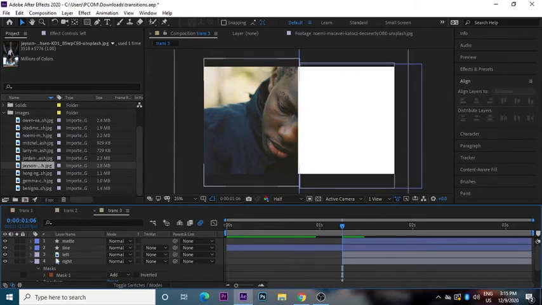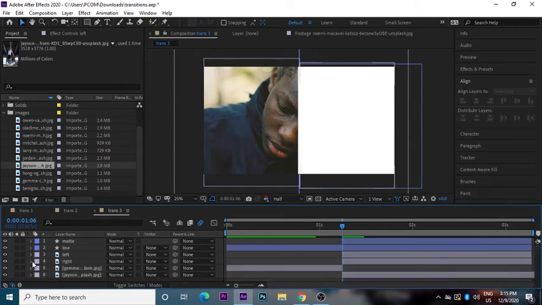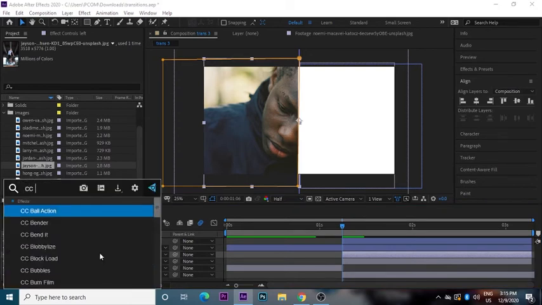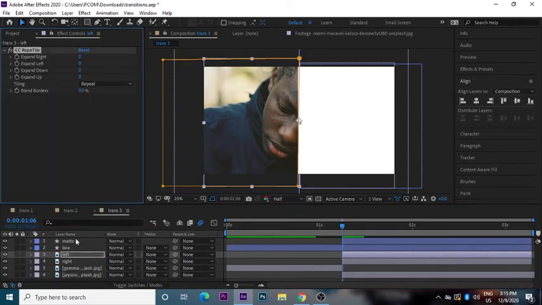Now we are gonna do something similar to this right image, something similar as we did in transition number 1. So select the left layer and again add a CC Reptile, and again expand it down to 5000.